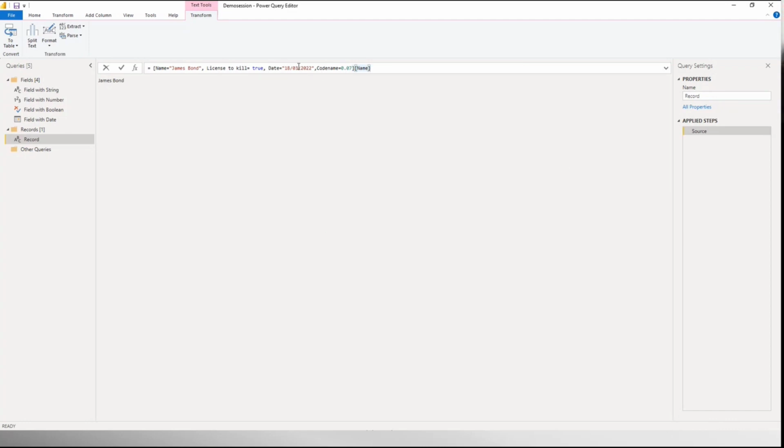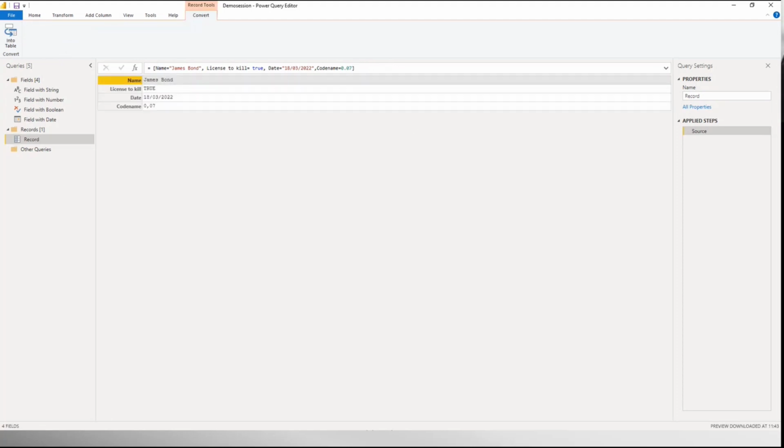Now it just shows you that the notation for getting something from a record is the same as defining the record. So just in square brackets, calling the name, and then you get the value for whatever you have written in there. Keep this as a record. We're going to import